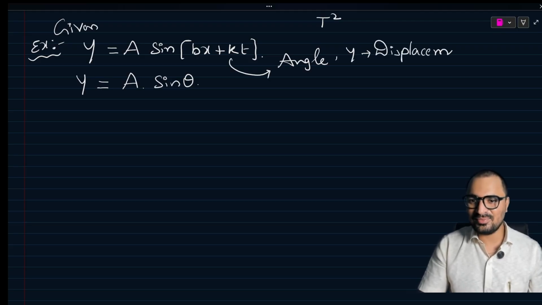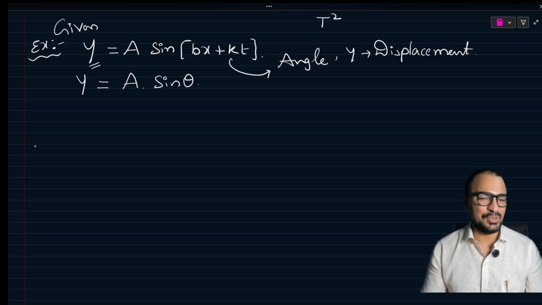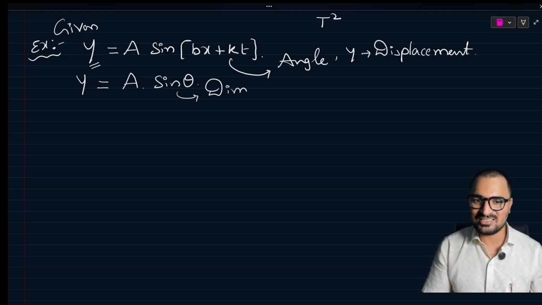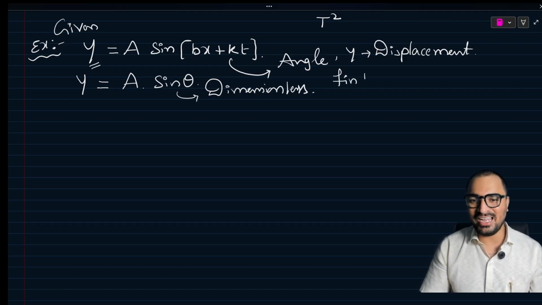Y is a displacement. And sine theta is dimensionless, because an angle is dimensionless. So here, they may ask you to find the dimensions of A, capital A, B,